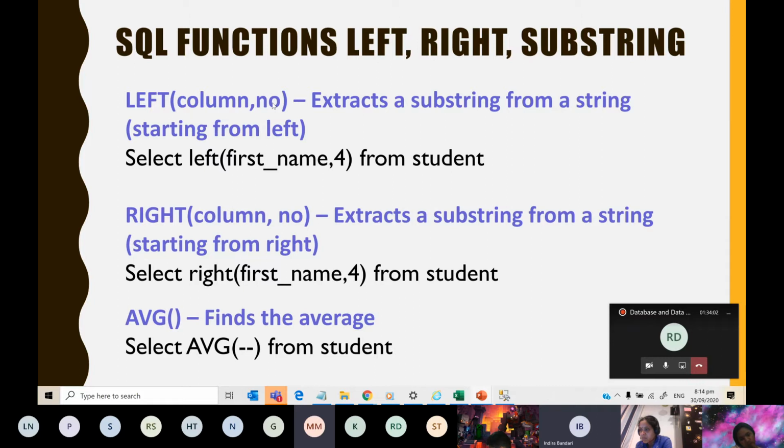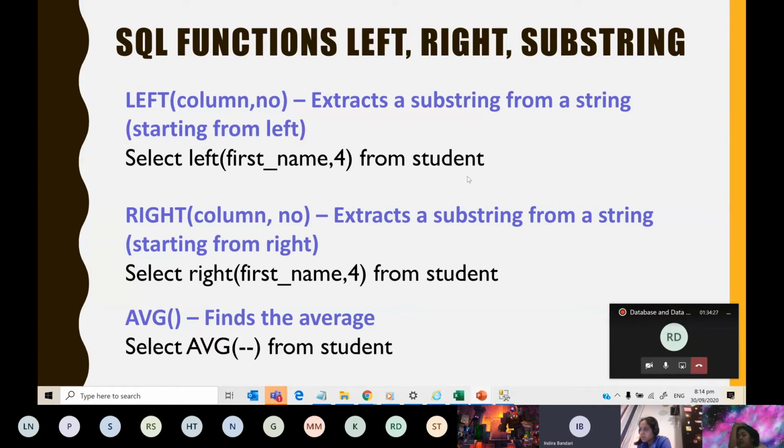Here the number indicates how many characters we need from that particular column. For example, if we need only 3 characters from the student name, we will write select left, within open brackets pass the student name and then comma 3, if we want the first 3 characters.